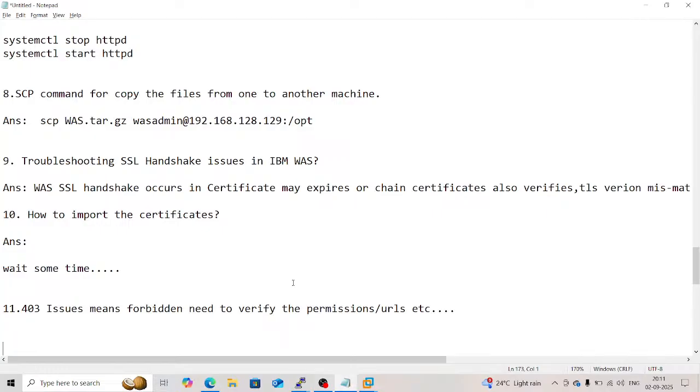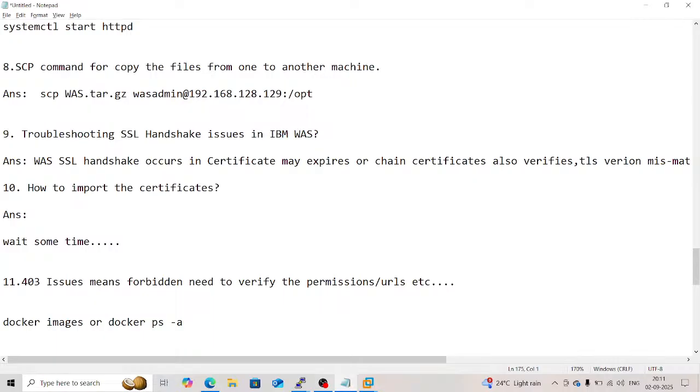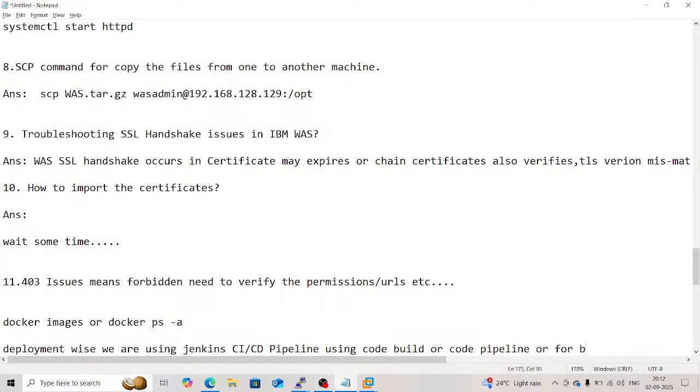Docker has its own images. We can pull and push, create the containers and create the pods, and use docker images or docker ps -a. Deployment-wise we are using a Jenkins pipeline, CI/CD pipeline, using CodeBuild or CodePipeline, etc. For build purposes